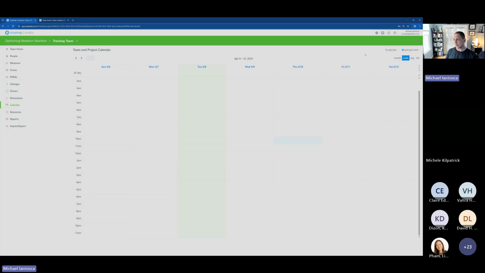If you were interested in subscribing to the calendar, so let's say you wanted to add a special calendar to your Outlook or Google Calendar, you can just click subscribe. And what this did was it copied the link required to subscribe to the calendar. If you're familiar with subscribing to online calendars at all, it's pretty straightforward. If not, depending on which tool you're using, the help file or online help will be able to tell you exactly how to subscribe to it. But that did copy it to the clipboard. Just show you what that actually looks like